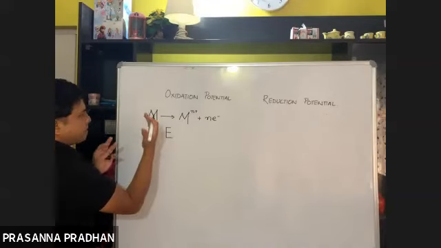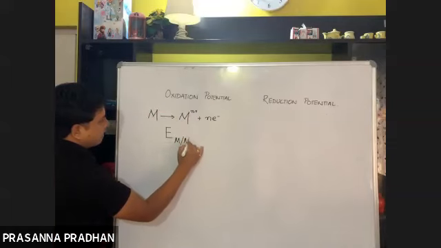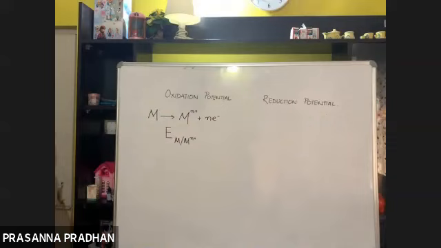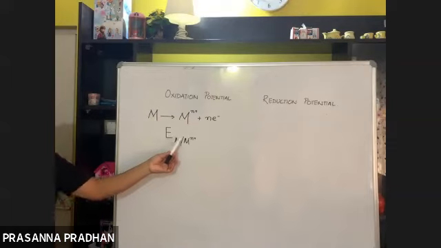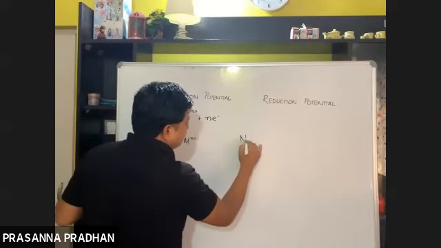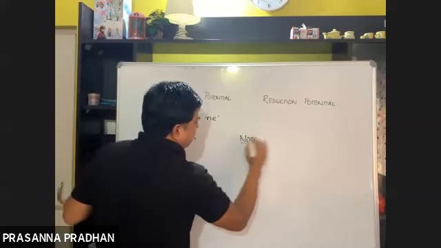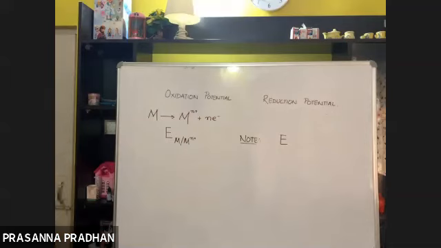So in the process we are talking about, oxidation potential, M is undergoing oxidation to Mn positive. So this denotes your oxidation potential, the oxidation potential of M to undergo oxidation to Mn positive. This is the complete symbol of your oxidation potential. And remember, I'll just make it clear here: the electrode potential is symbolized by E.